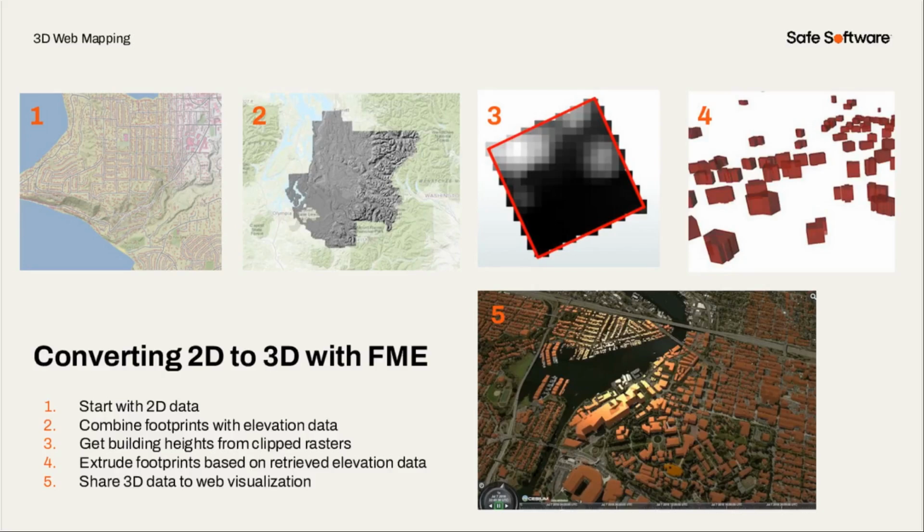So in many workflows, we might be starting with a 2D dataset, but we can make that 3D in just a few transformations. In this example, our resident visualization expert, Dimitri, has started with a 2D OpenStreetMap layer of Washington and combined it with the DSM and DTM datasets from the Washington LiDAR portal. So in a workspace, he leveraged vector and raster layers to calculate building heights and footprints. And the result was a 3-dimensional dataset that was easily converted into a web-ready Cesium tile set, which you can